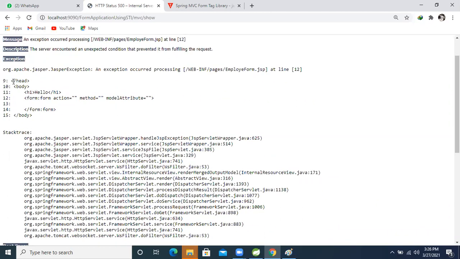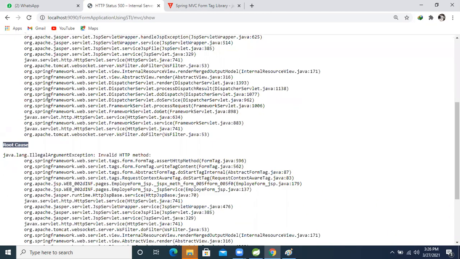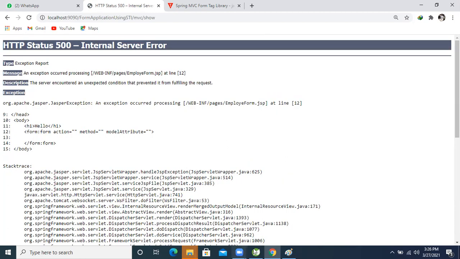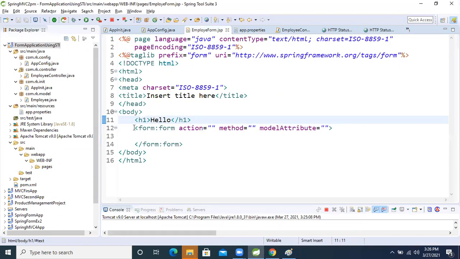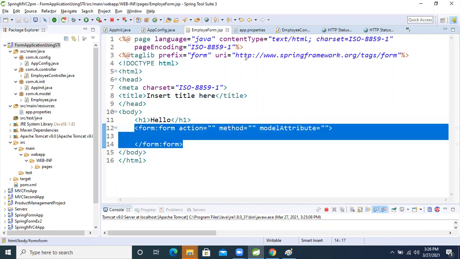See, like this we are getting the error, right? So let's resolve the same error. Why are we getting it? Because we are using STL. Whenever we are using the STL, we are binding this one and our model data, right?